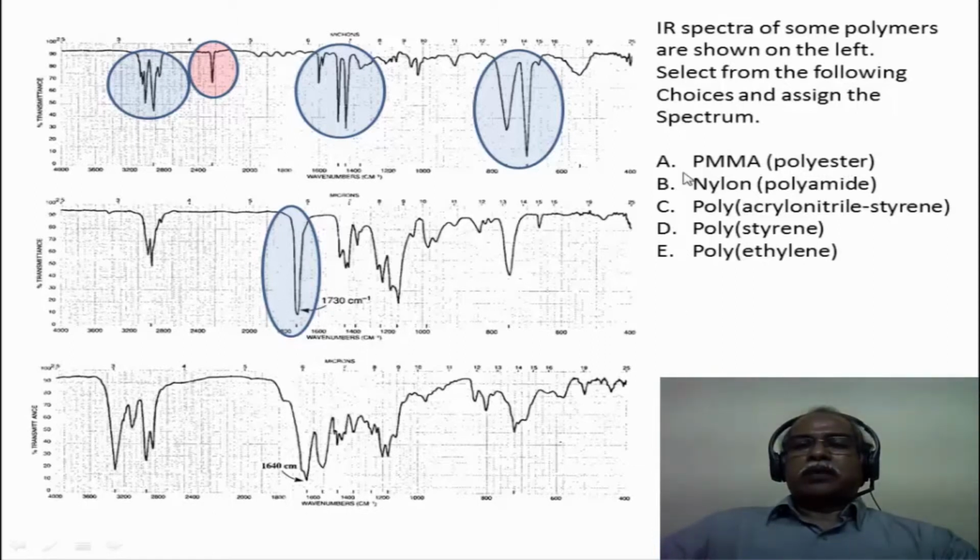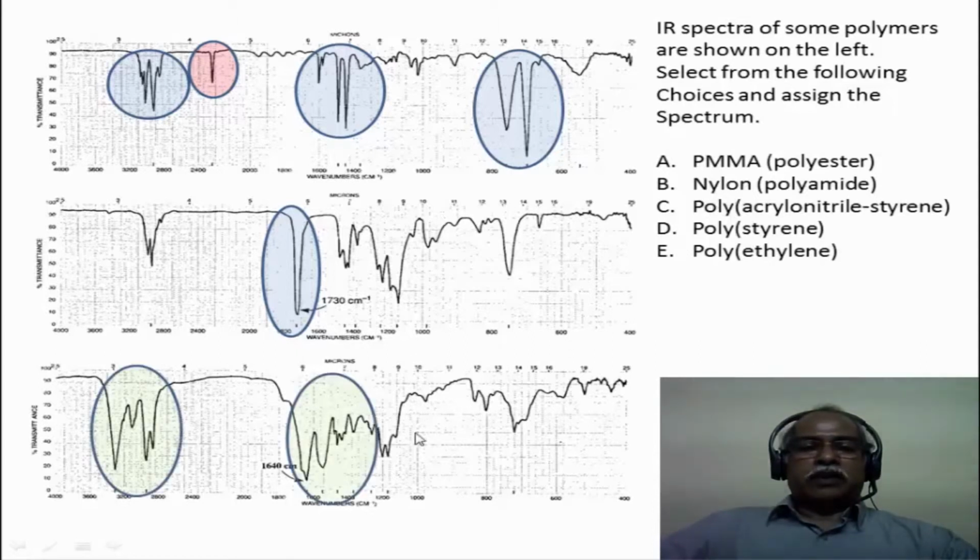Then we are left only with nylon, which is an amide. Amide has 2 carbonyl stretching frequencies and also has an NH stretching frequency. In fact, one can see the NH as well as the CH stretching frequency in the region between 2800 to 3200 or so, which is the characteristic region for the NH and CH. And then there are 2 intense bands which are the amide bands. Amide band 1 and amide band 2 are seen very clearly in the case of polyamide.